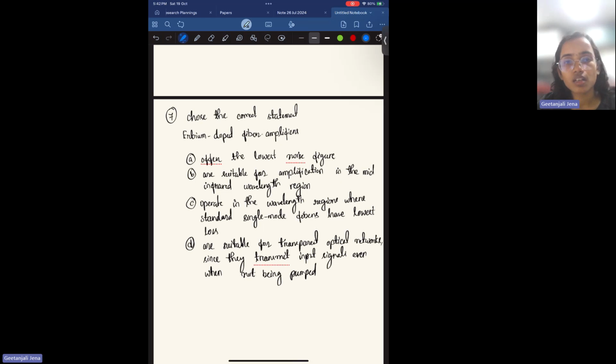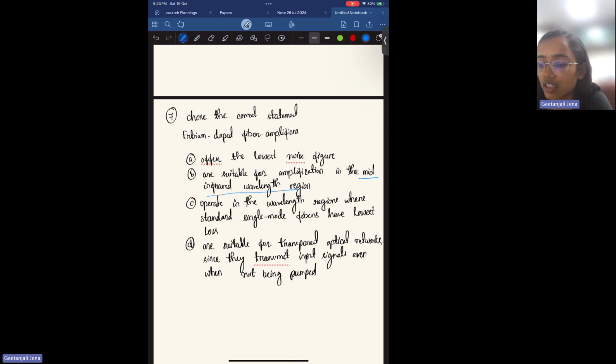So the question says, choose the correct statement of erbium doped fiber amplifier. One is it offers the lowest noise figure, which depends on the type of application. And second thing is, you have to find out what is the best correct statement for the erbium doped fiber amplifier. So please go through all the options so that you can be sure which one is the appropriate answer. Second option is switchable for amplification in the mid infrared wavelength region, which is not correct because